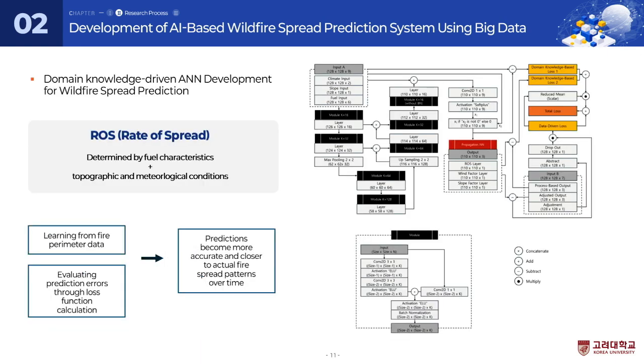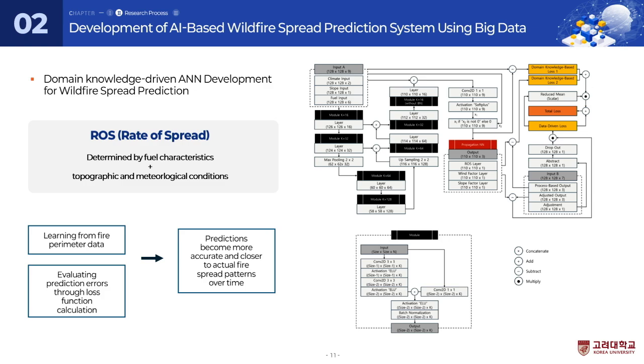With all this data, we developed a domain knowledge-based artificial neural network to predict ROS. The thing is, wildfire spread isn't just about simple speed. It varies significantly based on vegetation type, fuel moisture, terrain slope and aspect, plus wind speed and direction. Essentially, the spread rate starts with a base speed, depending on fuel characteristics, then gets modified by terrain and weather